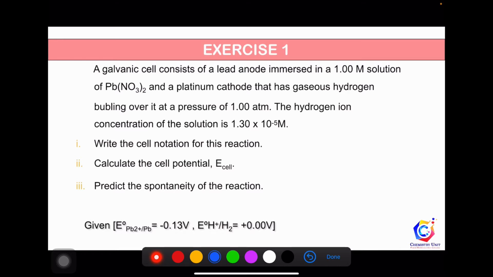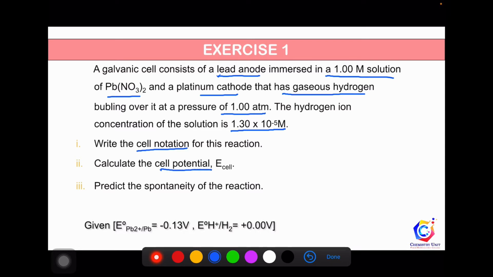Exercise 1. A galvanic cell consists of lead anode immersed in 1 molar solution of lead nitrate and a platinum cathode that has gaseous hydrogen bubbling over at pressure 1 atmosphere. The hydrogen ion concentration is 1.3 times 10 to the power of negative 5 molar. You are required to write the cell notation for this reaction, calculate the cell potential as well as predict the spontaneity of the reaction. Additional information given are the standard reduction potential for lead as well as the standard hydrogen